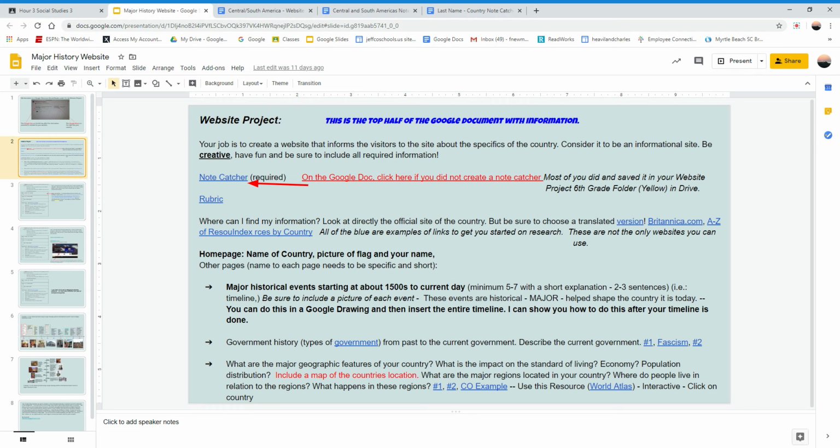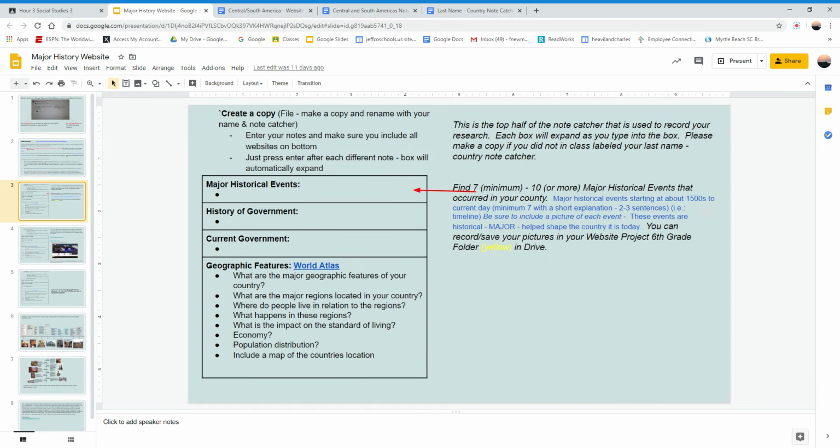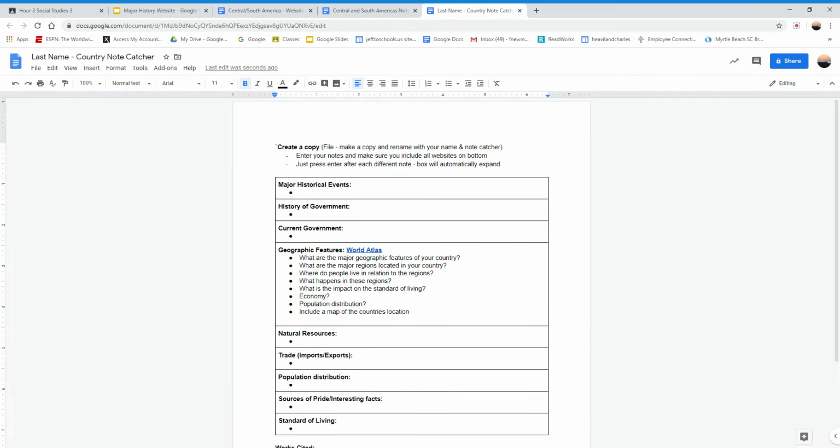Major historical events start about the 1500s. Five minimum, it's 5 to 7 for short explanation. I was hoping for 7 to 10. I think I put that right here. Find 7 as a minimum. I thought it was 7 because your country's going to have enough information there. That's where you're going to put this stuff, whatever those documents. So, for example, if I said, this is not accurate, I'm just saying, 1500